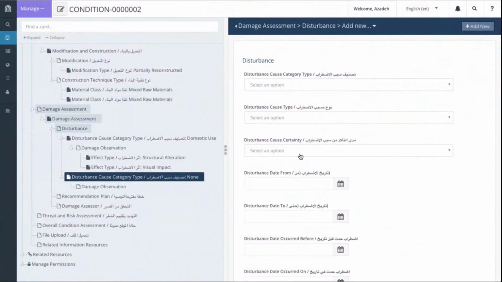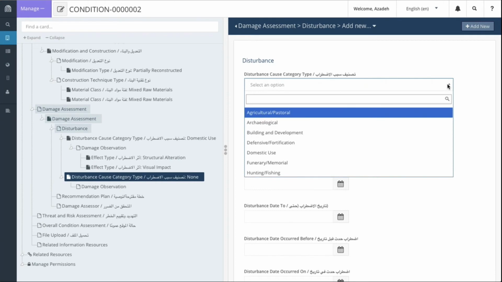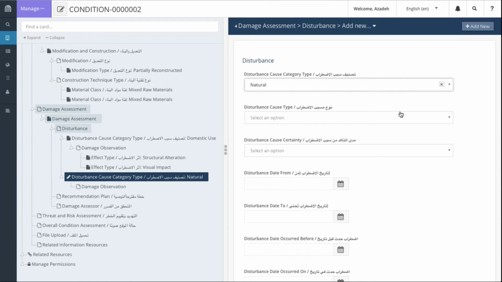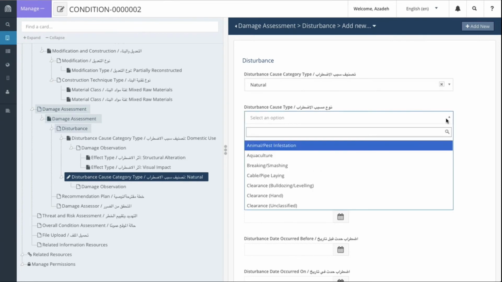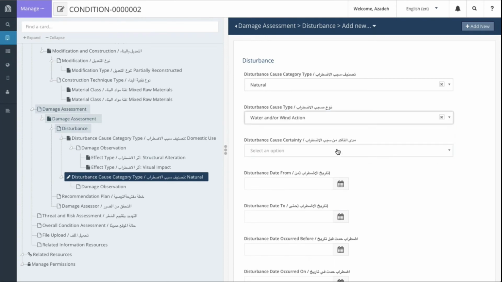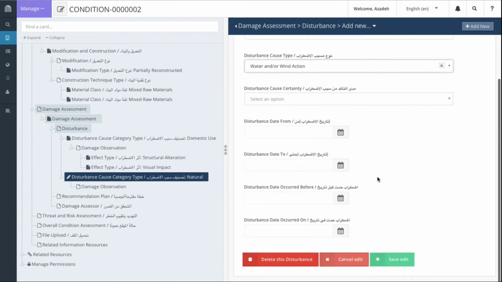So if I go to the database, the cause of the erosion that I want to record is, I want to say that wind and water, natural disturbance causes, are affecting my staircase. So the broader category is natural, and the actual cause that I want to record is wind and/or water action, and there I go ahead and record what my certainty is and the date,